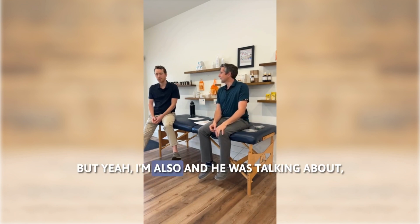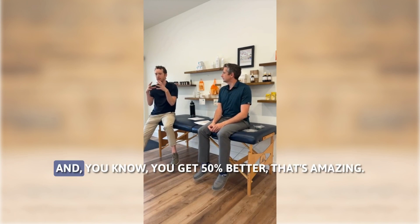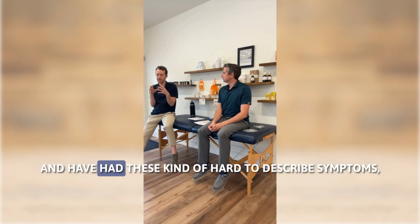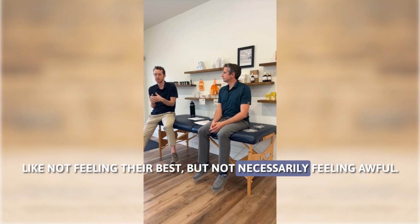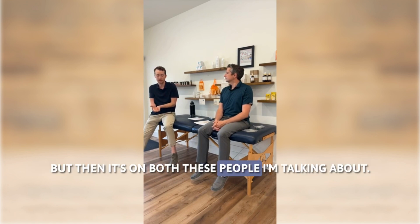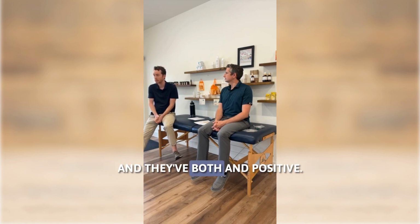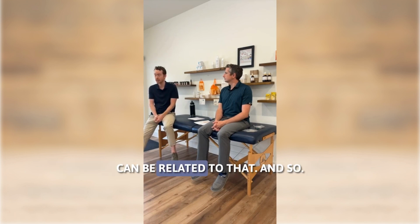And he was talking about if someone's got a big group of symptoms and you get 50% of it better, that's amazing. I've also had patients come in with these hard to describe symptoms, just feeling anxious, a little fatigued, not feeling their best, but not necessarily feeling awful. We run a bunch of labs and do a bunch of work and they're getting better, but then we've run this on both these people, like, hey, we should try this and have a look. And they've both been positive. And you start to look at anxiety and fatigue, all these things that can be related to that. And so